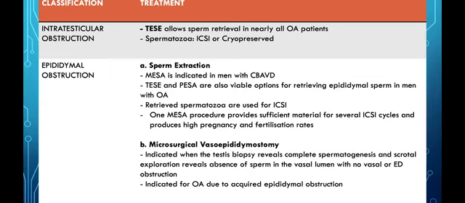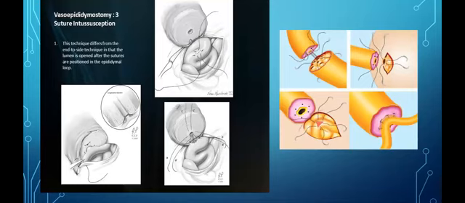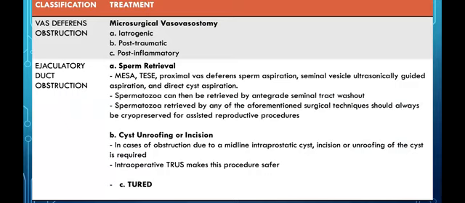Or in epididymal obstruction, one can do microsurgical vasoepididymostomy. And this is usually indicated for patients with obstructive azoospermia due to this acquired epididymal obstruction. And this is just a quick slide on this vasoepididymostomy technique, with just remembering to intussuscept your sutures, ideally to keep the lumen patent. If the vas deferens is obstructed, then the gold standard is microsurgical vasovasostomy. It's also dependent on the site of the vas obstruction. One can do multiple different techniques for vasotubulostomies and so forth, depending on the site.